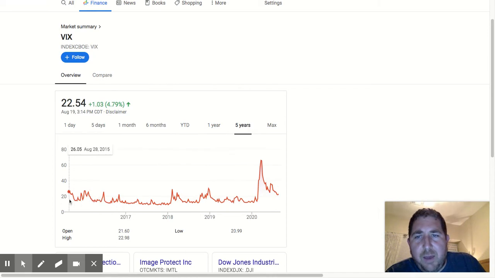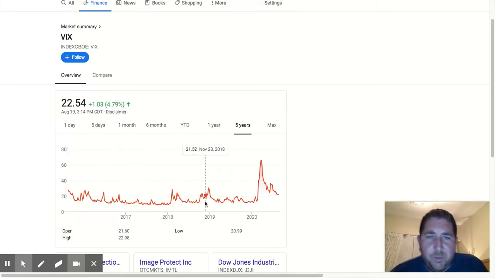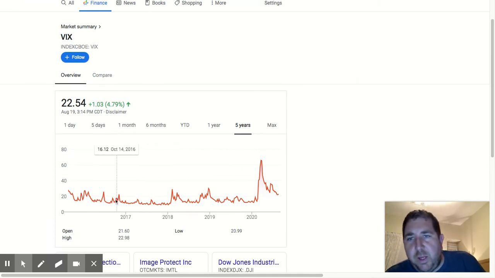So we look at the 5-year chart. We've seen a couple little jumps here, but really nothing compared to this, where it jumped up to almost 66. It hit 65, 66 on the volatility index. And over time, the past 5 years, it's been pretty low, with a couple of instances here and there. I'm sure we could trace them back to some sort of major instance in the news cycle.